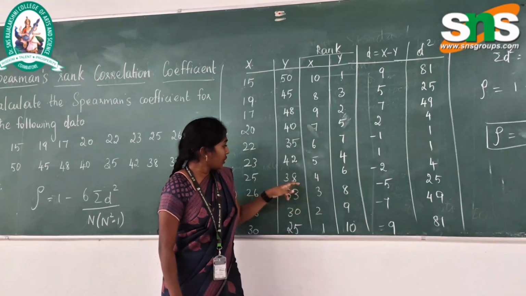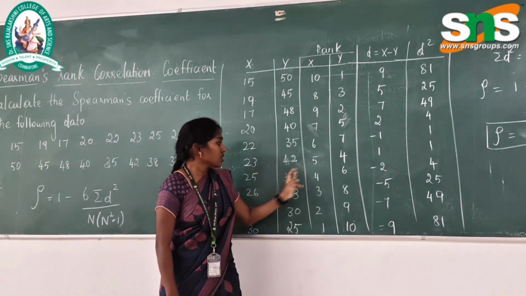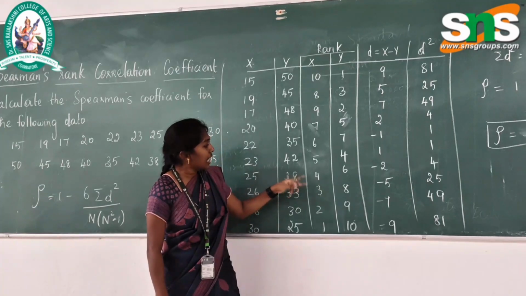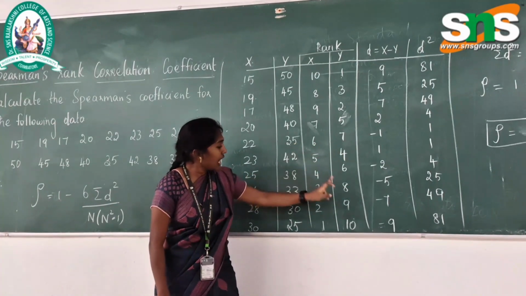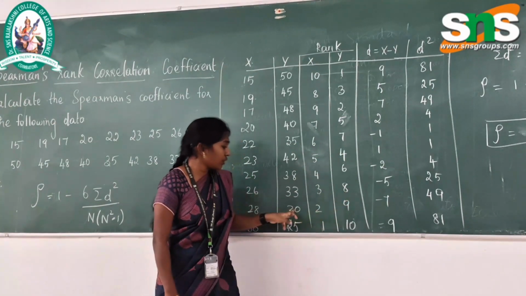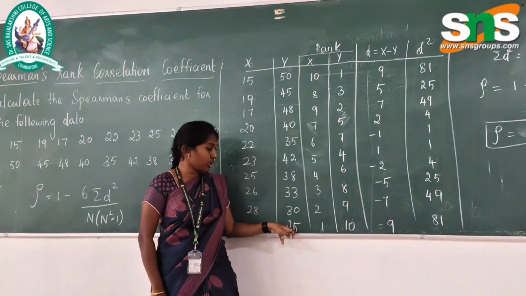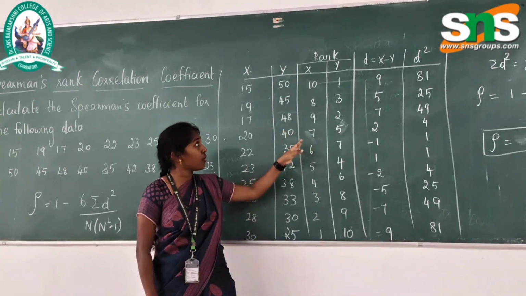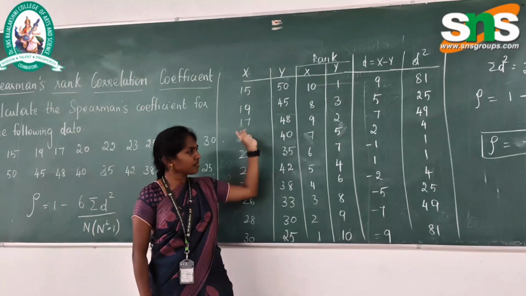So similarly we are going to find the rank for the remaining also. So the sixth rank will go for 38, the seventh rank will go for 35, the eighth one for 33, the ninth one for 30, and the final one, the 10th one, for 20. So the first step to solve this problem is to give the rank for the given data,